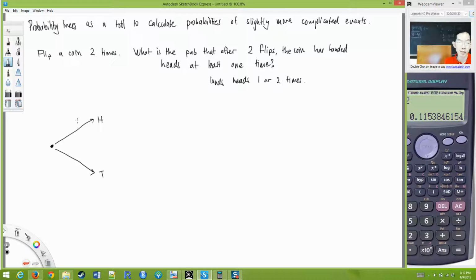Okay, and what is the probability of us traveling down this path? 0.5, and the probability of us traveling down this path would be 0.5. Okay, and if you have multiple outcomes, or 3 outcomes, then you would have a third branch coming off, and all the probabilities from all the branches have to add up to 1 at each node.